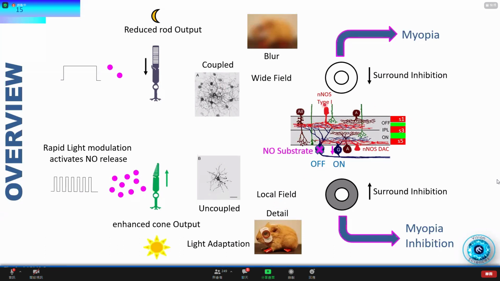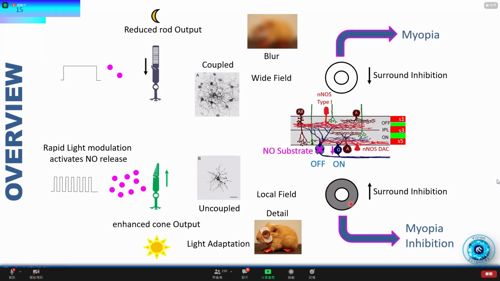images. So a lot of this processing takes place here in the inner plexiform layer, and we've shown that these nNOS containing neurons, which release nitric oxide quite locally within the cells, are well placed to affect the output ganglion cell on and off channels. And it is known that if you put in a nitric oxide substrate, for example, you can block the off ganglion cell response. The effect of this wiring here is that ultimately it will sharpen the contrast that the